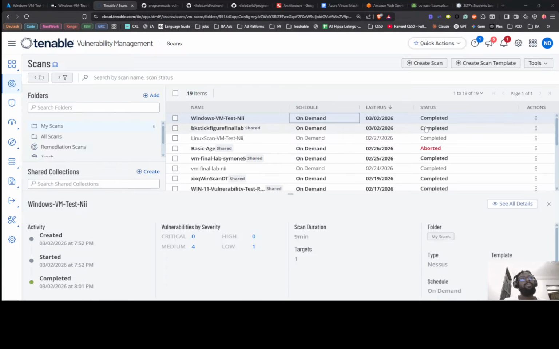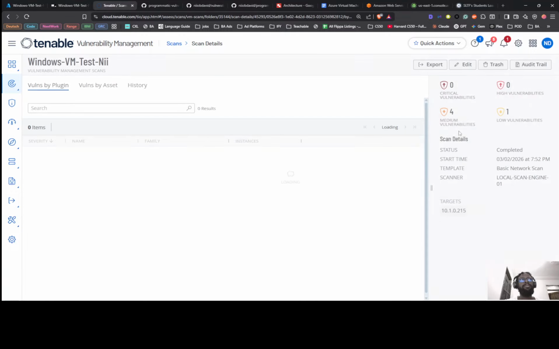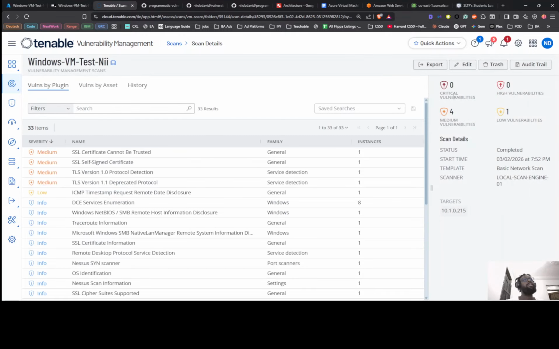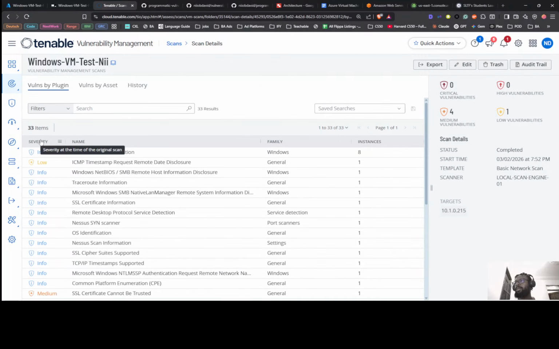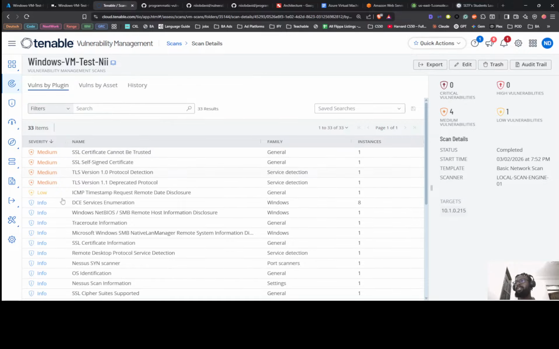Okay, so our scan just completed. And so we just click on see all details. And here we can see there are 0 critical vulnerabilities, 0 high, 4 medium and 1 low. And if we arrange them by severity, we could see the mediums and the highs. If we look for